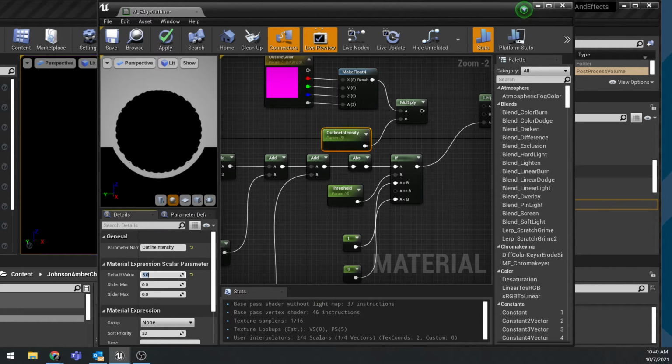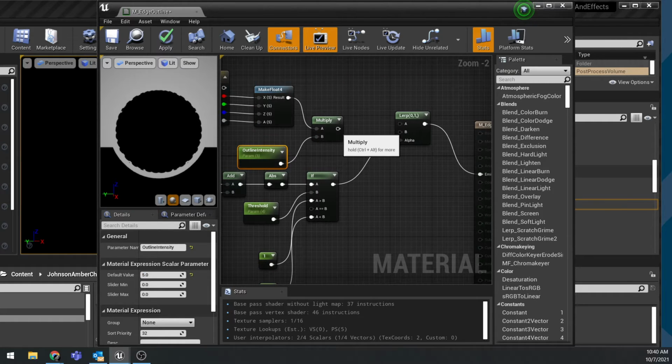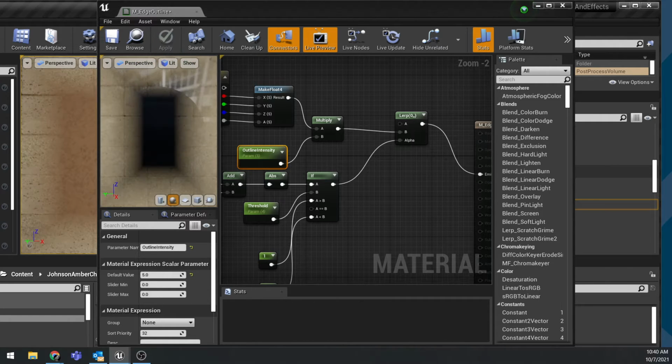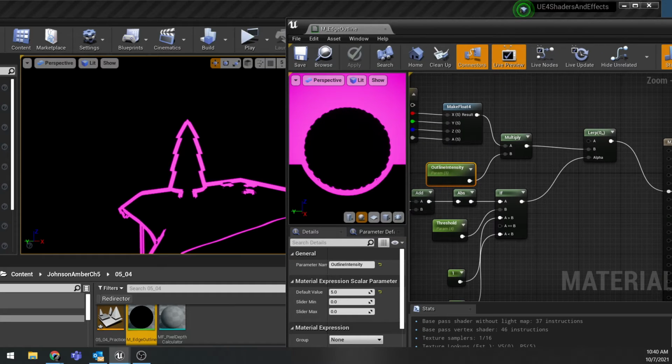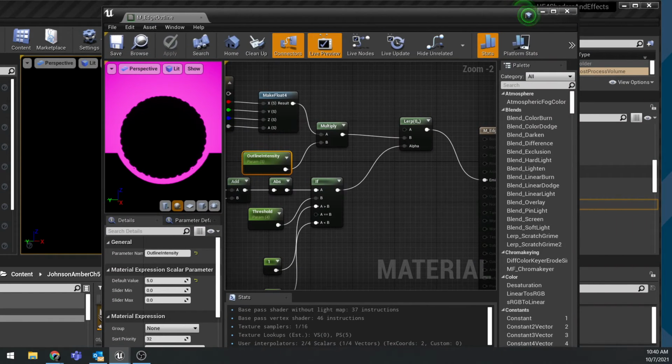And we will put this into there, and we are going to feed this into our B, since this is what's going to go on top, because remember the B is what's on top. So we can see that we are getting our pink on our outline, but we can't see the background quite yet. So in order to get the background, we're going to need to get a